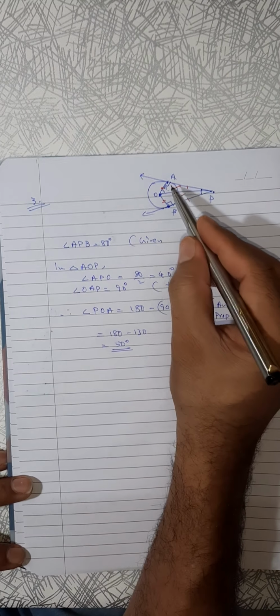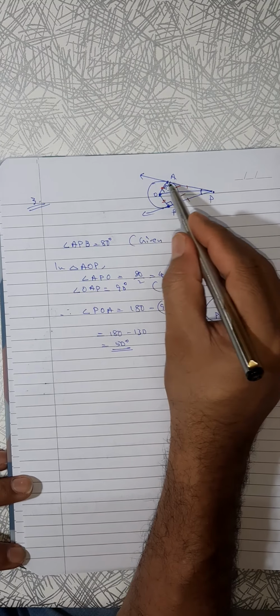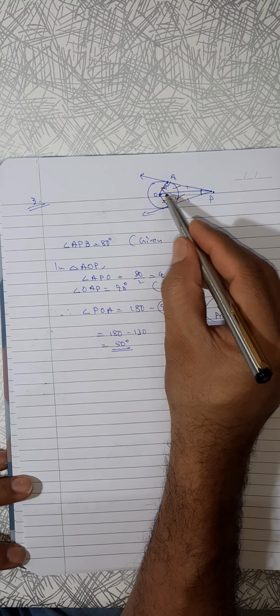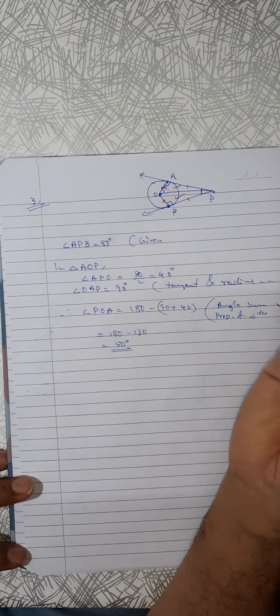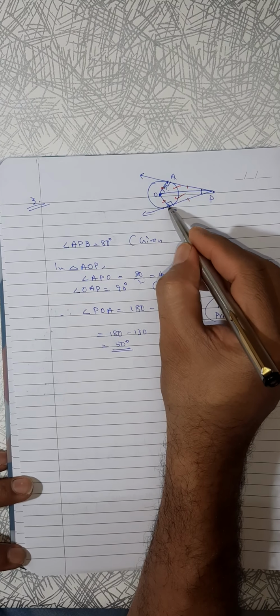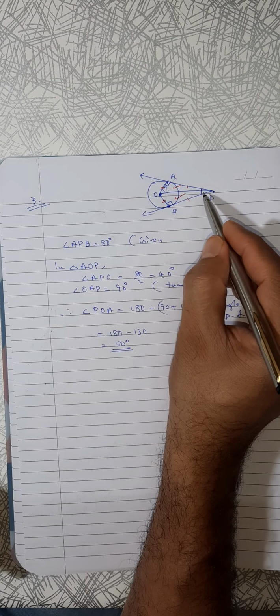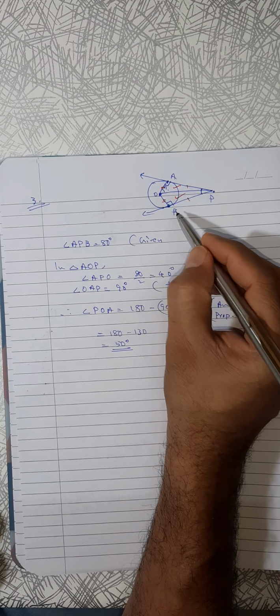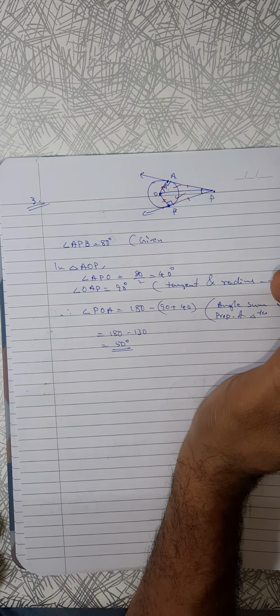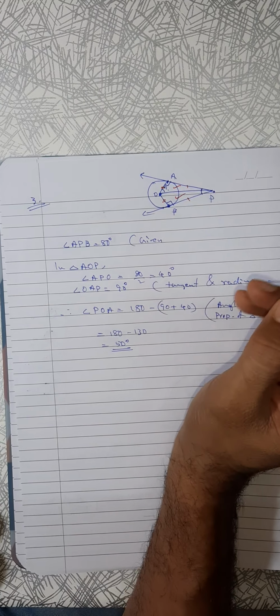Otherwise, another option is there. Consider it as a quadrilateral. In this quadrilateral, 90, 90 and 80. So we can find this full angle, then half. The answer is going to be the same. After getting the entire angle OAB, we can divide it into 2. It will be 100, so each is 50.